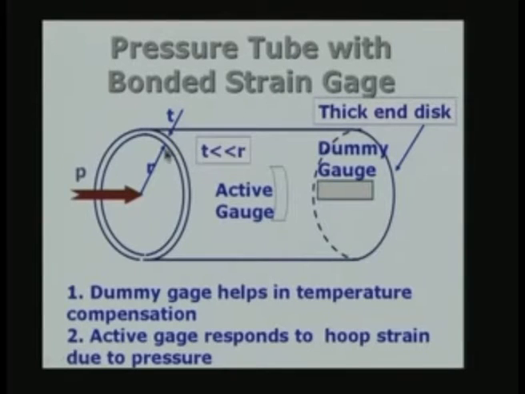The radius is r and the thickness is t, and normally the thickness is very small compared to the radius. The radius may be about 10 millimeters or 12 millimeters or some such value, and the thickness could be a few tenths of a millimeter. That means it could be 1/10 of a millimeter or 2/10 of a millimeter and so on. So, you see that the thickness is going to be very small compared to the radius, and therefore, this cylinder is essentially a thin shell.